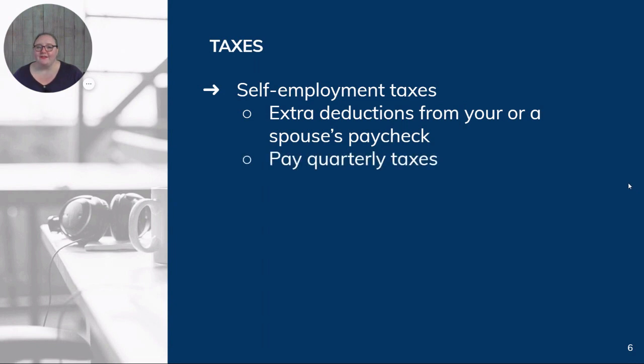If you are not able to have taxes deducted from a paycheck, that's sort of the simplest way, then you need to pay those quarterly taxes yourself. Estimating how much tax you're going to owe is tricky. And that's why accountants have a business. So that's something that you may want to do some research on, look at your historical tax rate, and then decide whether that is the right rate to continue at, or whether you want to increase or maybe decrease your tax withholding. It's always better to have a little extra tax money set aside in your savings account